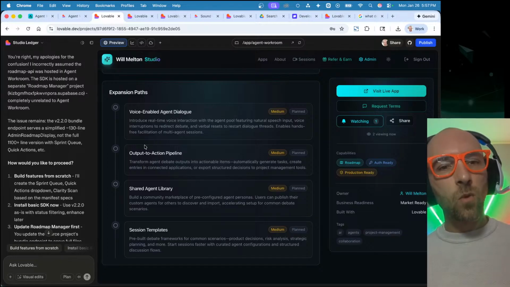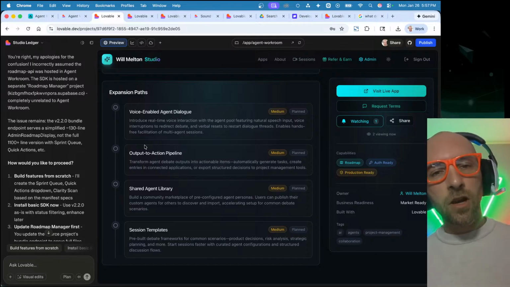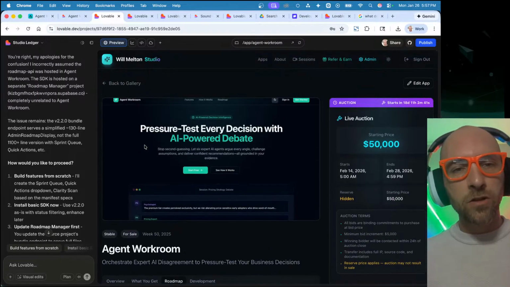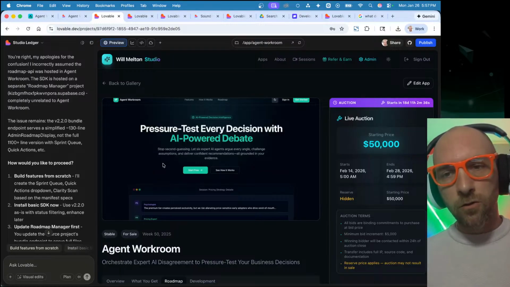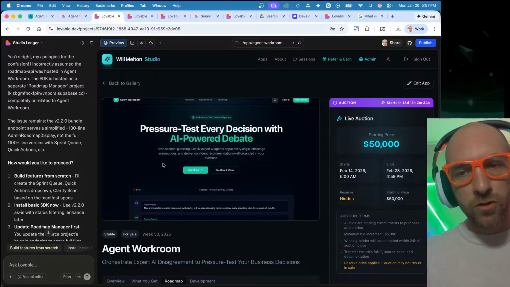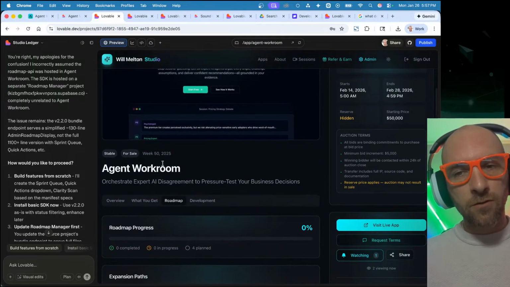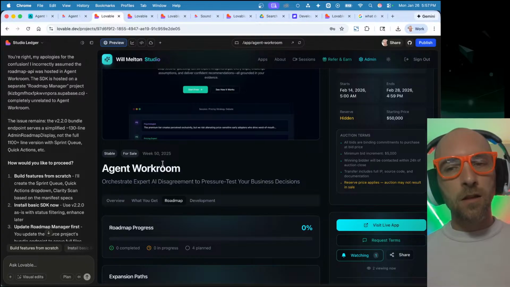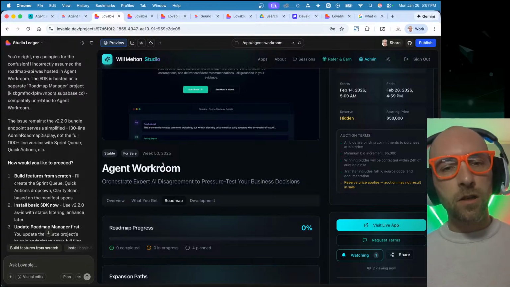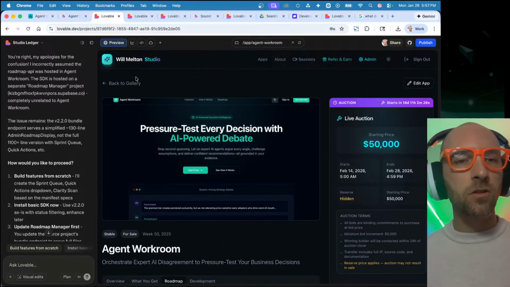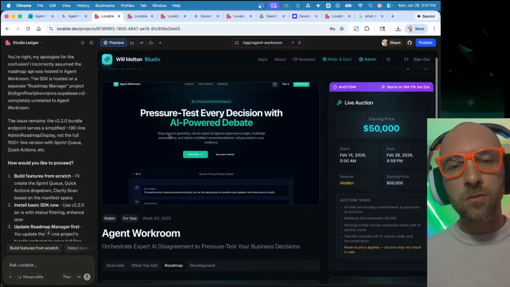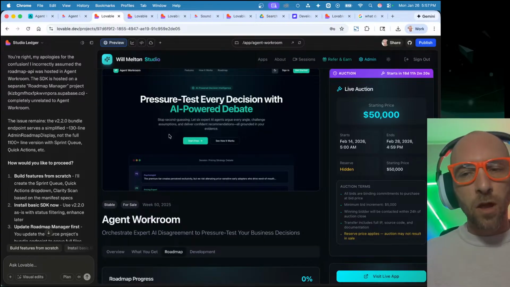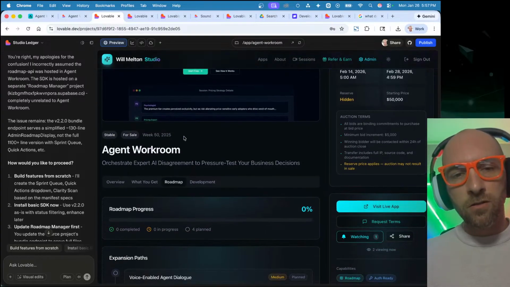Now, one of the reasons why I'm interested in creating this ecosystem and this automation is that I'm not going to rest on Agent Workroom. I'm not done with it. Whoever builds it next is not going to be done with it, even after I transfer it to them. And so, my interest here is in continuing to add value to this application, continuing to advance the product roadmap, and continuing to get this to be a viable application that provides real utility for the marketplace.